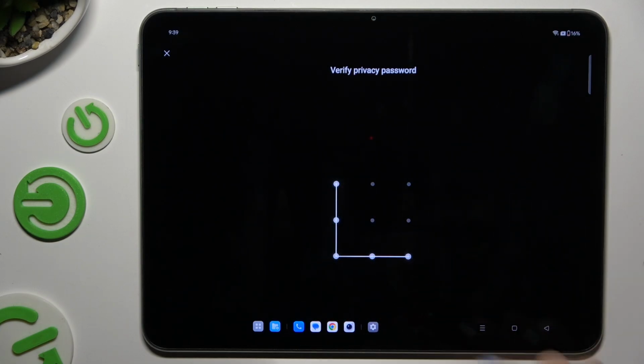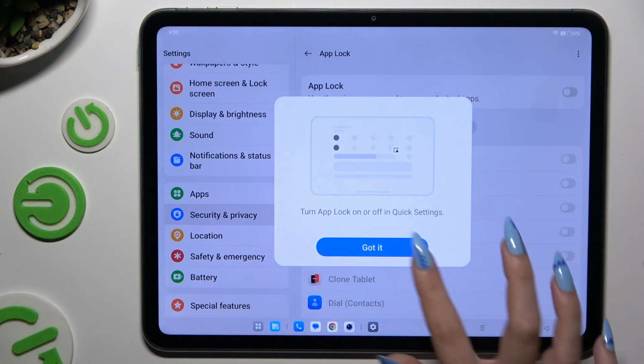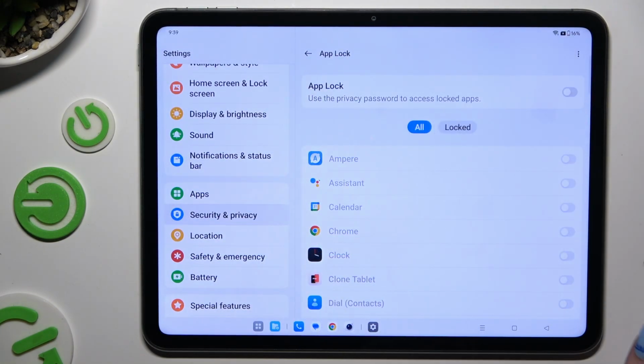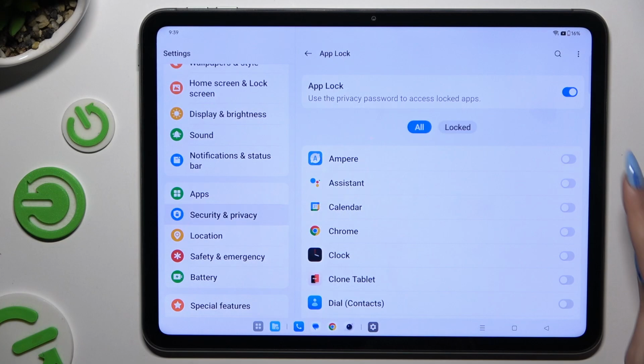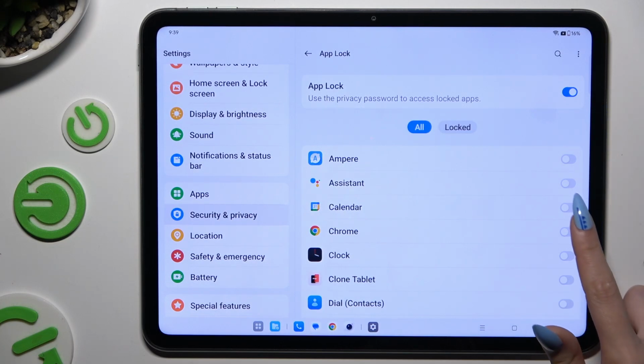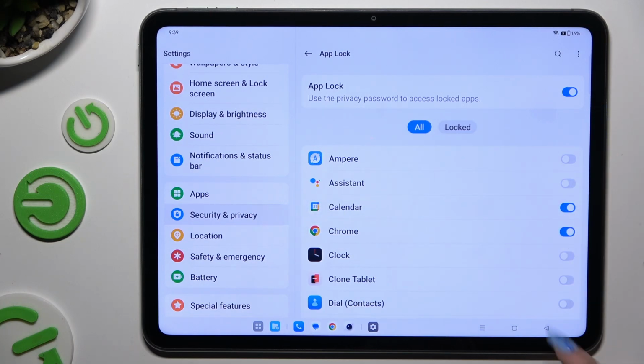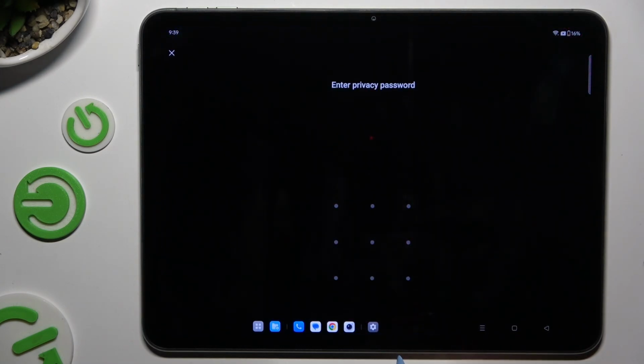Enter your privacy password and hit Got it. Then tap on gray switcher next to App Lock feature to activate it. And lock all of your apps by tapping on gray switchers next to them. So when I go back and try to access one of my apps, I can see that privacy password is